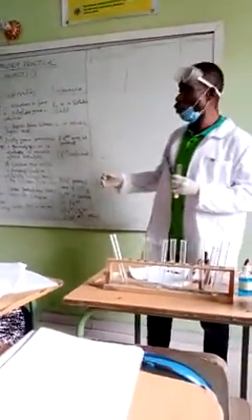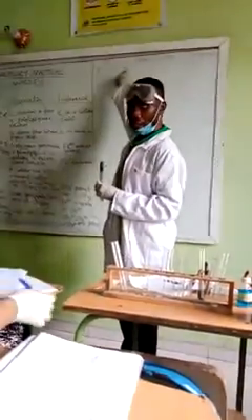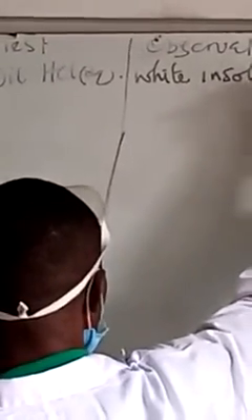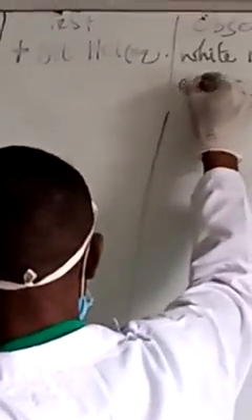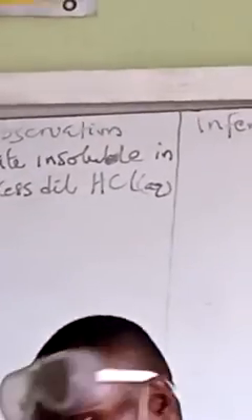So how do you now know the one that is present here? That's why we are now adding dilute HCl. So when we added dilute HCl, the white precipitate did not dissolve. Right? It's insoluble. So yes, the observation is white precipitate insoluble in excess dilute HCl. So the difference there: the only anion out of the three that will be insoluble in dilute